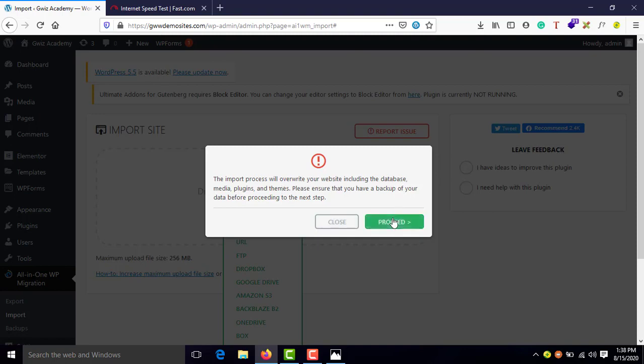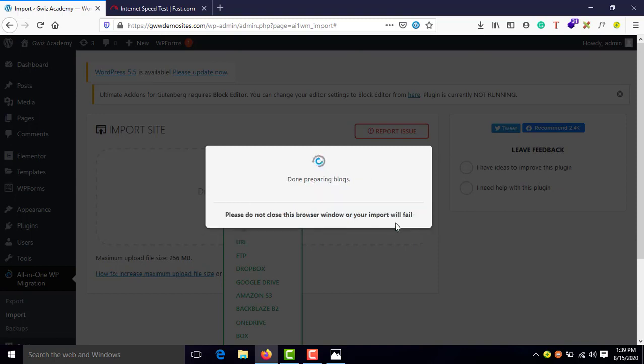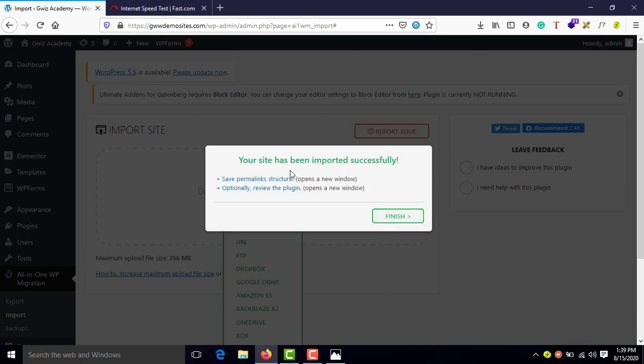You need to click on proceed. This is just an alert message that every database and every URL will be updated with the latest version that you have just imported, and the existing settings from your files will be overwritten. So you don't have to worry about that. You just need to click on proceed. We are restoring it for a reason, right? So we need everything to be same as that of the imported file.